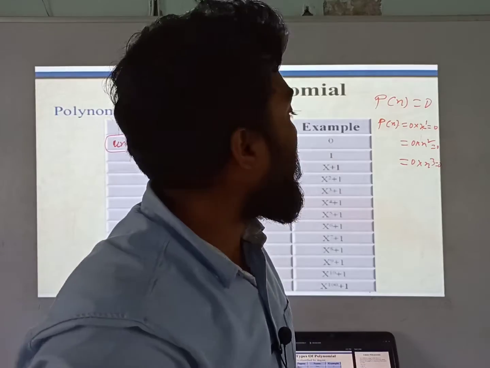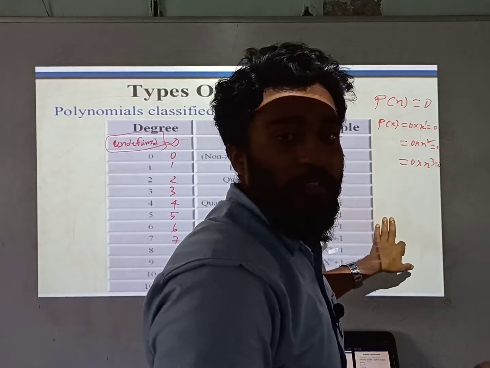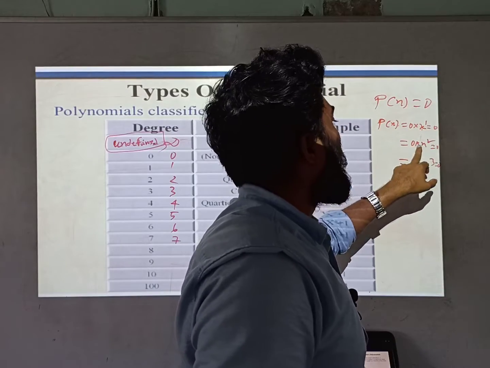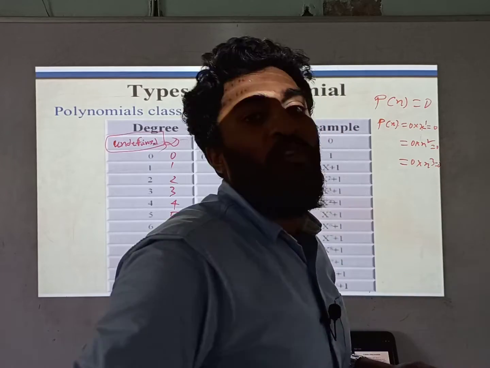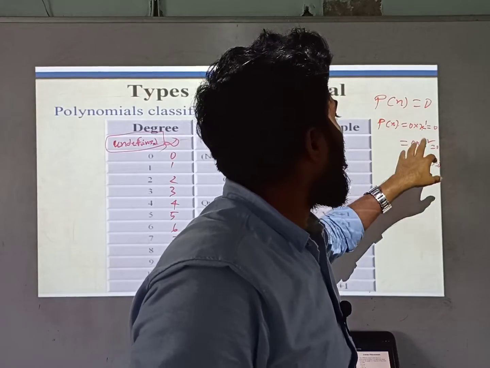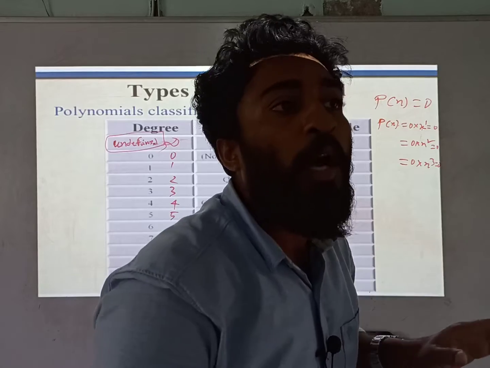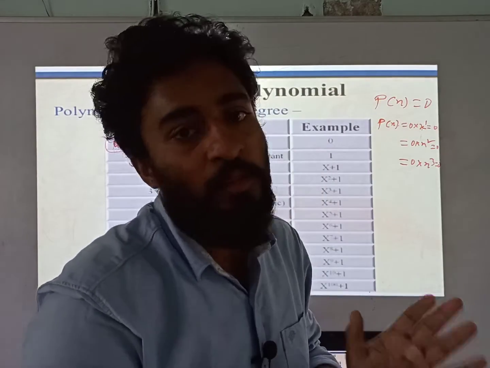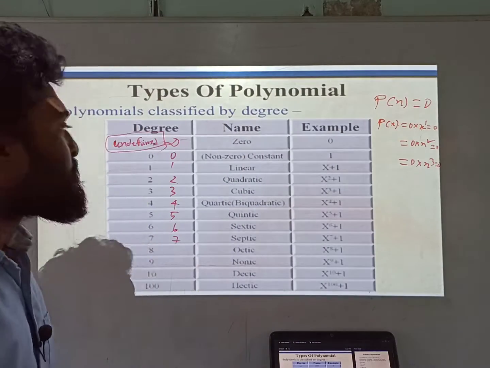Okay, we can write infinitely many ways this P(x), because 0 into something is always 0. So 0 into x to the power 1 is 0, 0 into x square is also 0, 0 into x cube is also 0. Like this, we have many ways to write this P(x) equals 0. So the power of x is varying, but for a particular polynomial, degree is fixed, but here degree is not fixed. That is why we are saying this is undefined. Got it?